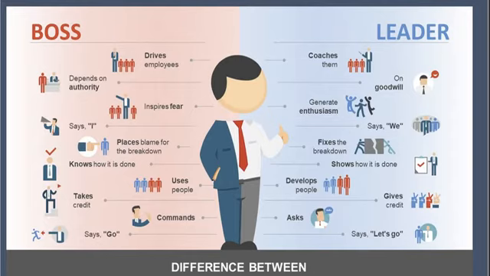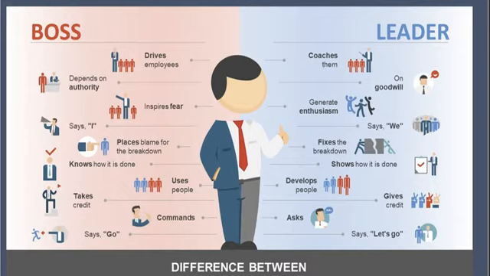A boss and a leader could also be different. From these pictures, you can see a boss normally uses a different way to interact with employees, and the leader also uses a different way. A boss sometimes would drive employees. When they make a decision, they normally depend on their authority. Sometimes they will inspire fear. They say, if you don't follow exactly what I want you to do, you will be fired. When they say everything, they start with "I." And they basically use people. They take credit,